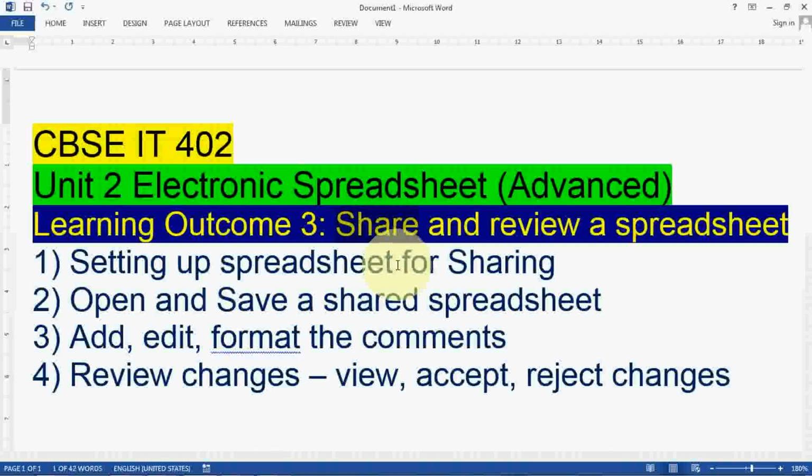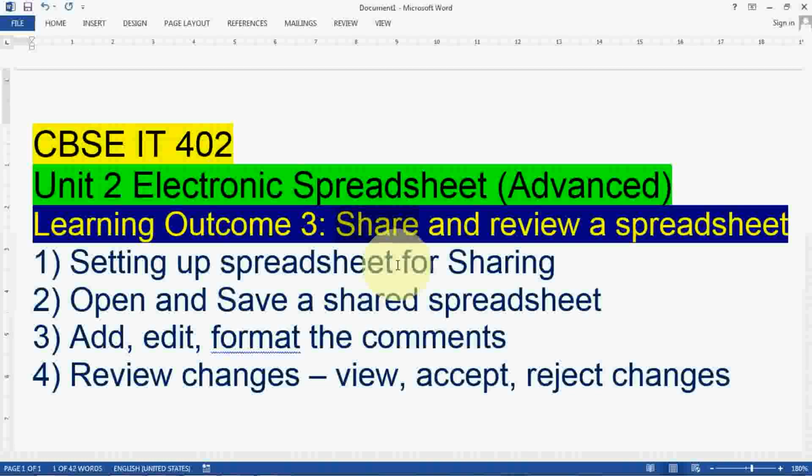Sometimes many people want to work on the same file: some subordinates, some similar officers, or some person working with the same profile on which you are working. That person also needs to work on the same file. So in this case you need to share your file with more than one person at a time. More than one person at a time can work on a worksheet or spreadsheet. For that reason they have given the option to share